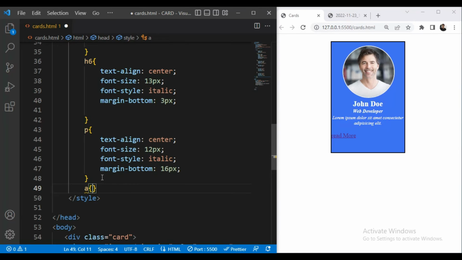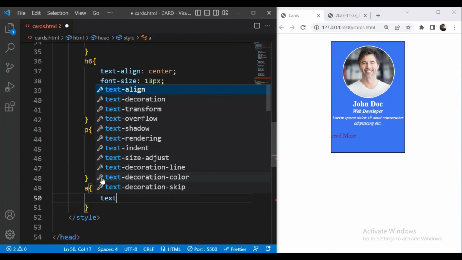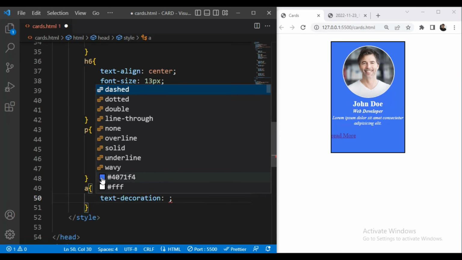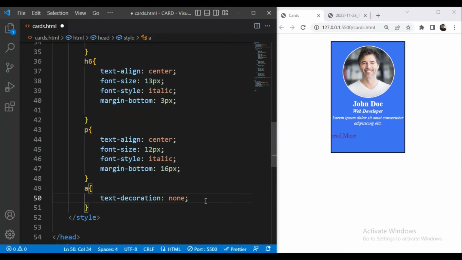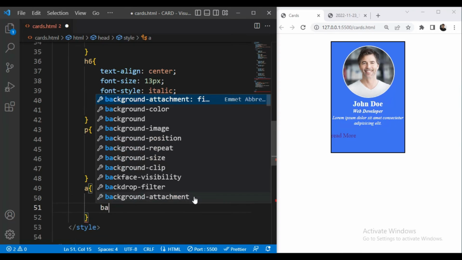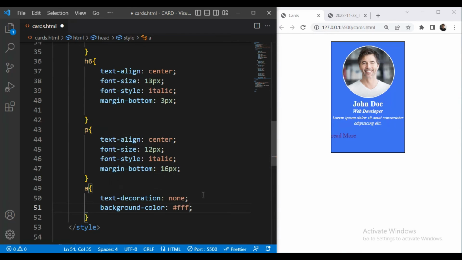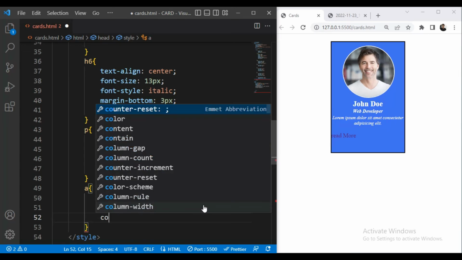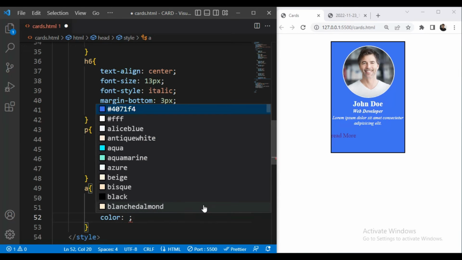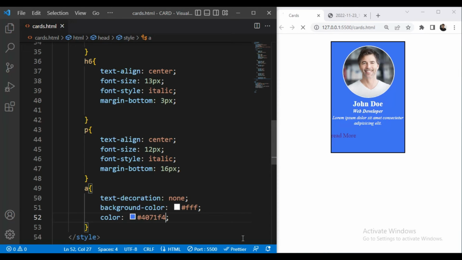So we'll take the anchor tag, that is anchor A selector, and text decoration will be none. So let's save this. Then background color will be white, and color of the text will be this one.